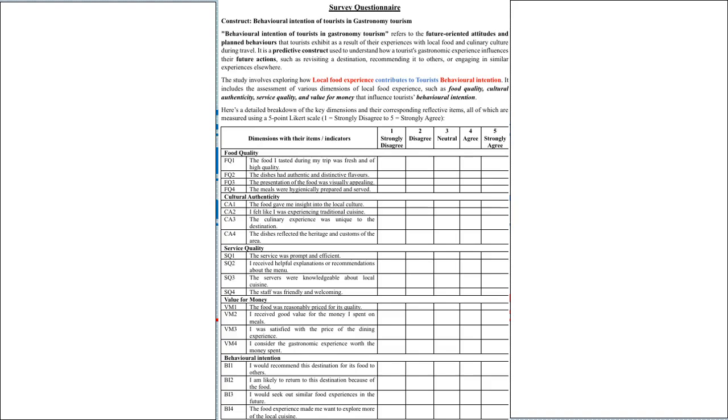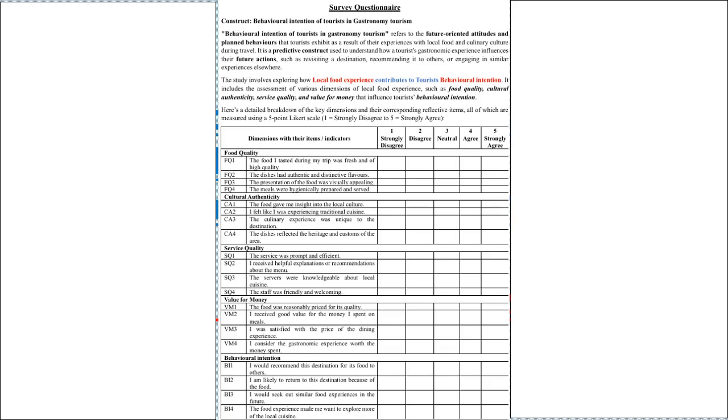So as you can see here, all of the indicators or items of food quality, cultural authenticity, service quality, value for money, behavioral intention, all of them are reflective in nature. I have discussed this in my previous video.